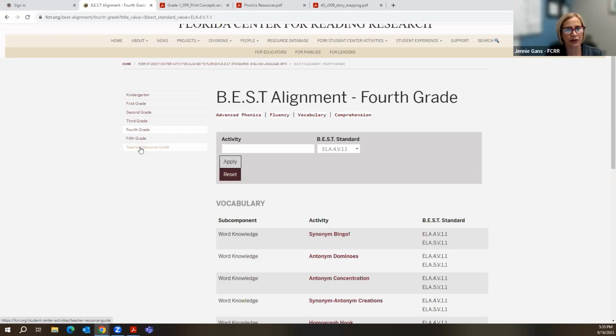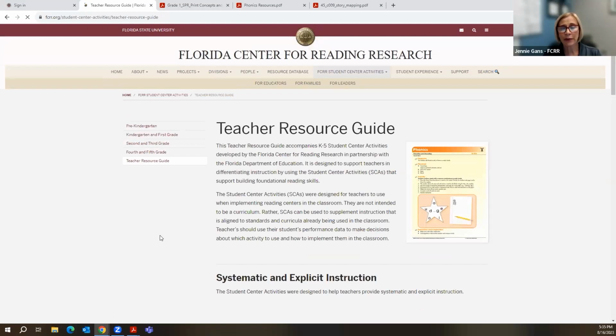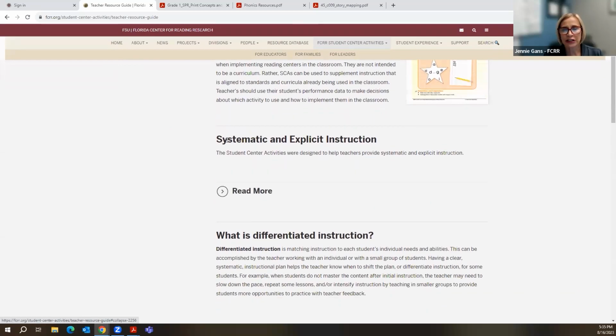That's right. Exactly right. So while we're here on our activities, I'm going to click on the teacher resource guide. And if you remember, no matter where you click from, whether it's the aligned activities or the regular student center activities, meaning standards agnostic, you will see the teacher resource guide at the bottom option of every single one of those tabs. And this is what it looks like. So when you get to the teacher resource guide, you will see all of these drop down arrows.